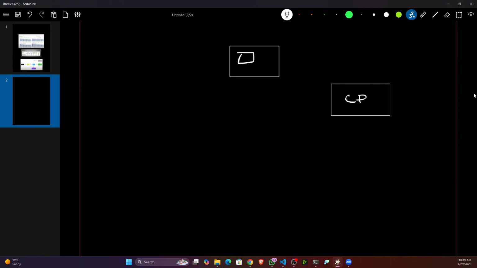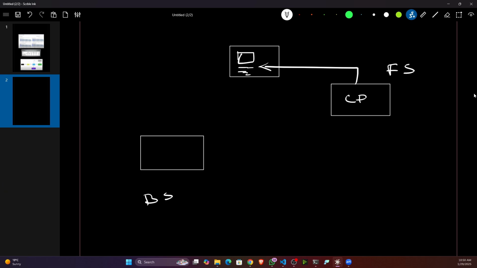Here our plan is to create a Chrome plugin. So what I told you, let's say this is my Chrome plugin. Let's say this is my YouTube, and here you have the comments. This Chrome plugin will try to fetch all the comments. Then we'll create a backend server. So this is my front end and this should be my backend server. Here we'll try to create a Flask API,